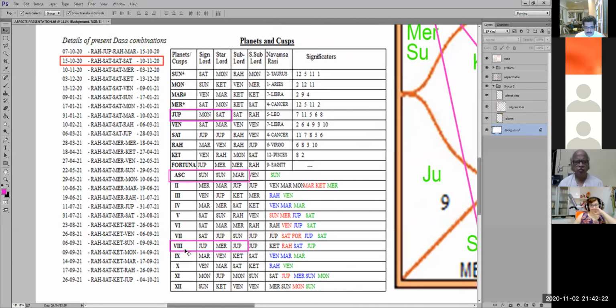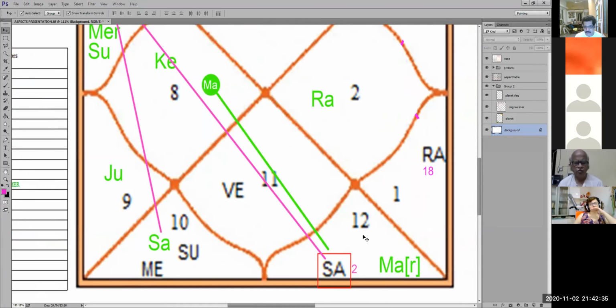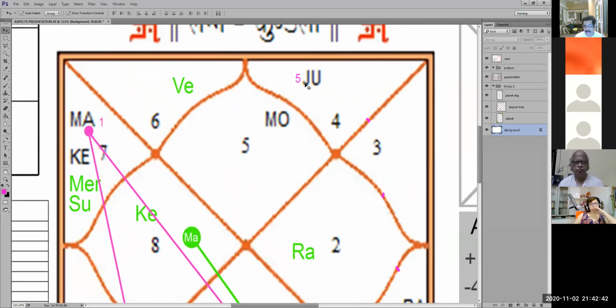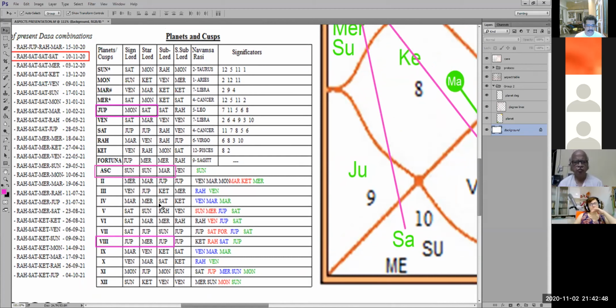Yes. Now this person's 8th accident over and this guy's 8th house has got active, just now what I told you. So if the 8th house has got active, everything related to 8th house has got activated. So even if you see here, 8th house ka Rashi Lord is what? Jupiter. 12 number is Jupiter. Jupiter किधर बैठा है? 12th house में. So basically, 8th house is on. Jupiter is on because Jupiter is the Rashi Lord over there.